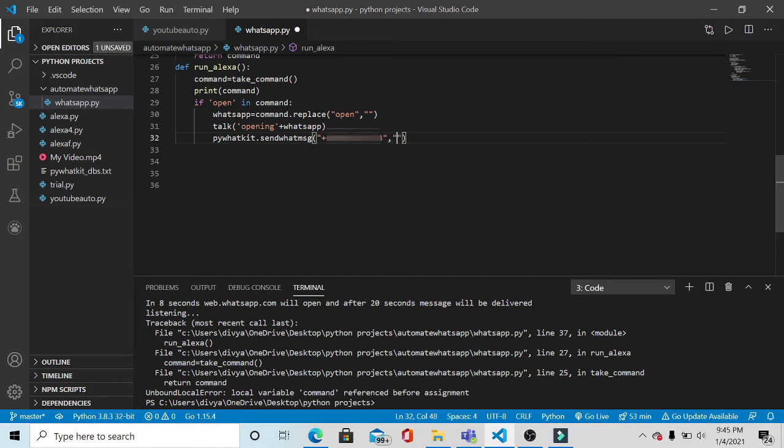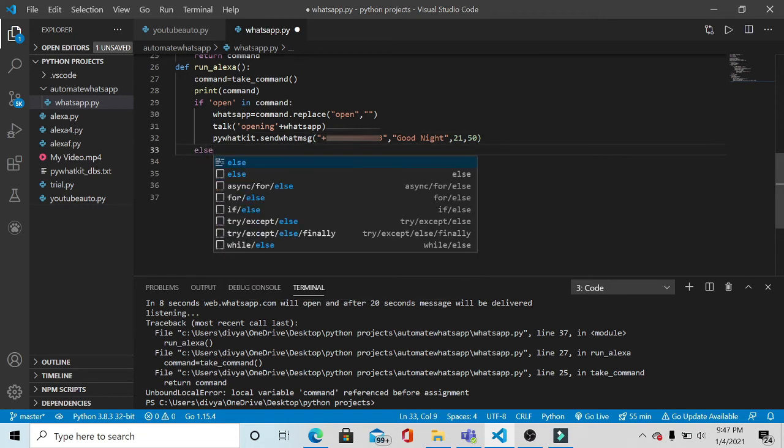So I want to write good night. So at the third and fourth place I have to write the time, so I'm following the standard time rule. So let's say right now the time is 9:46 p.m. So I will be writing it as 9:50. So I'm taking 4 minutes as a buffer time so that I can write the remaining code.